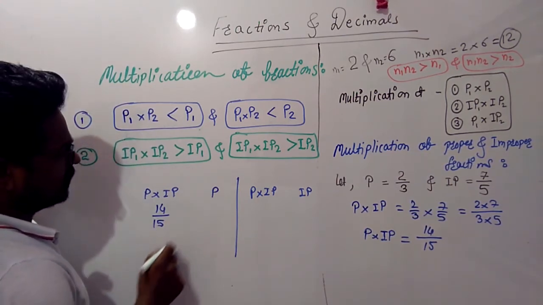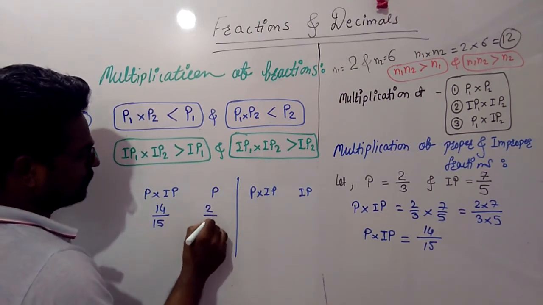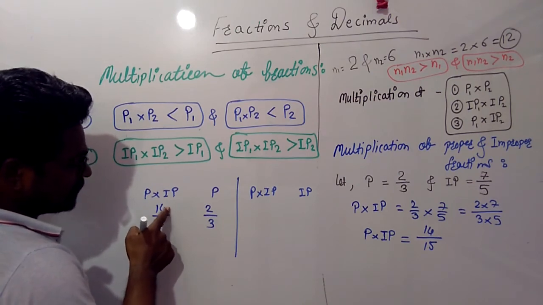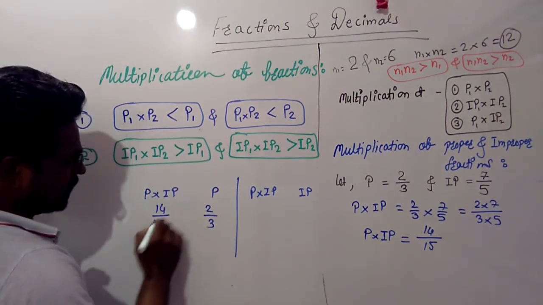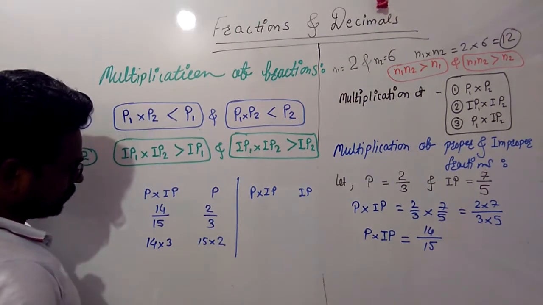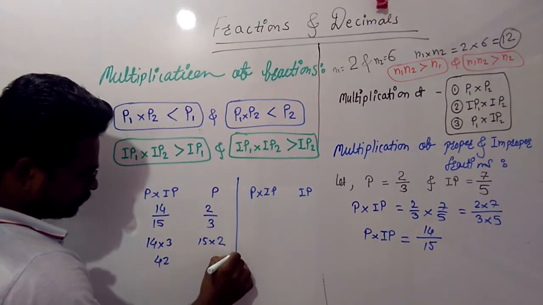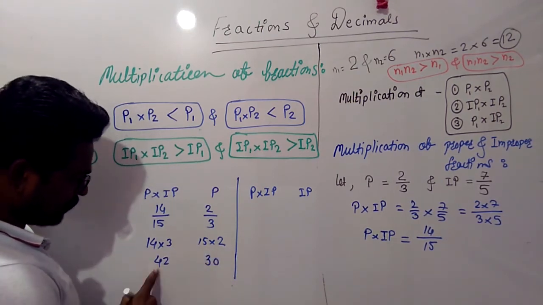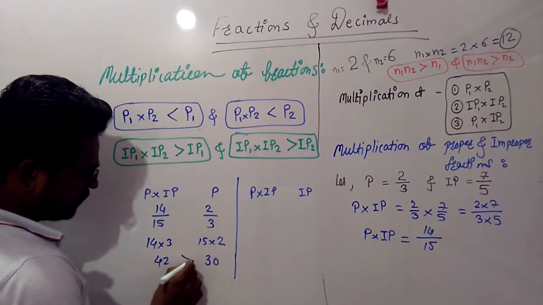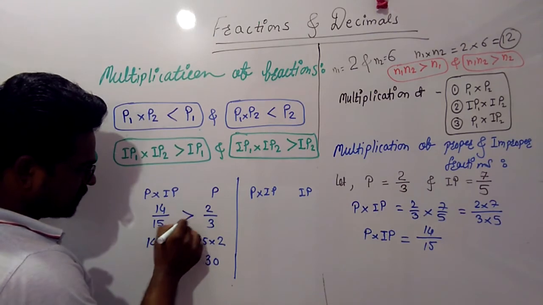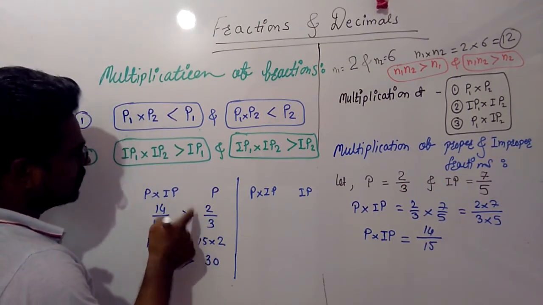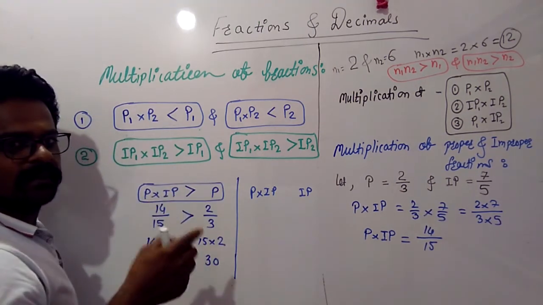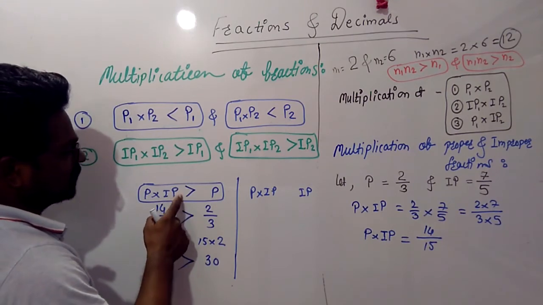14 by 15. And proper fraction is what? It is 2 by 3. We'll do the cross multiplication. 14 into 3 and 15 into 2. So 14 3s are 42 and 15 2s are 30. Which one is larger, 42 or 30? 42 is larger. So can we say this fraction is larger than this fraction? Yes. So proper into improper, that means the product of one proper and improper fraction, is always greater than the